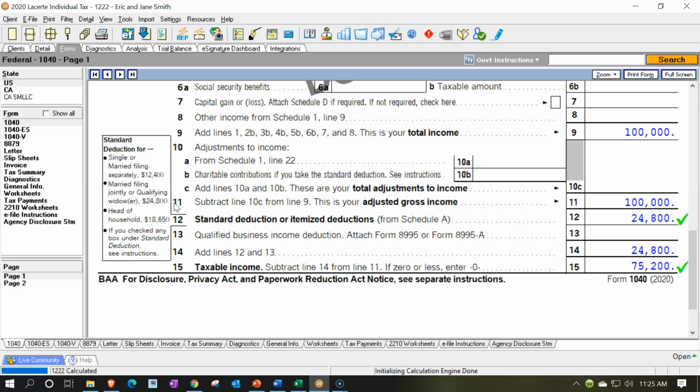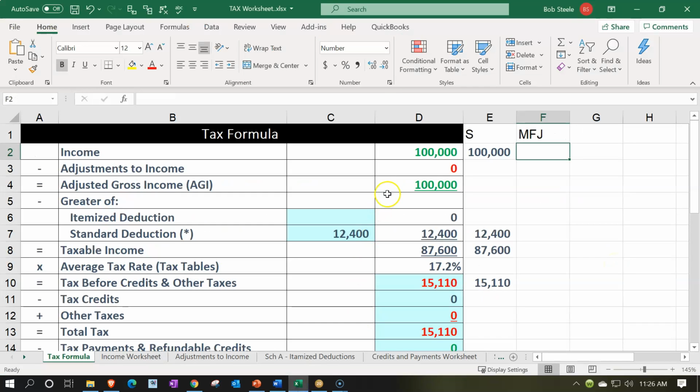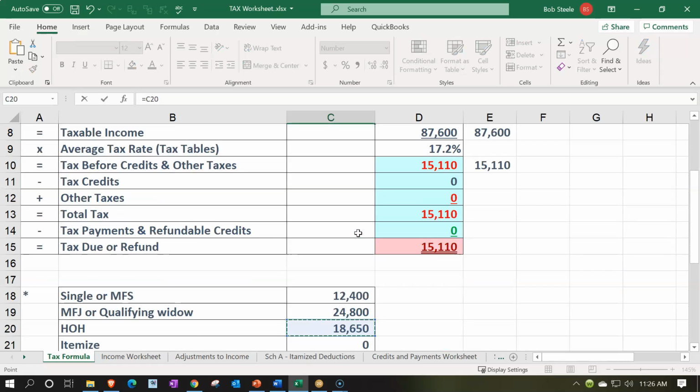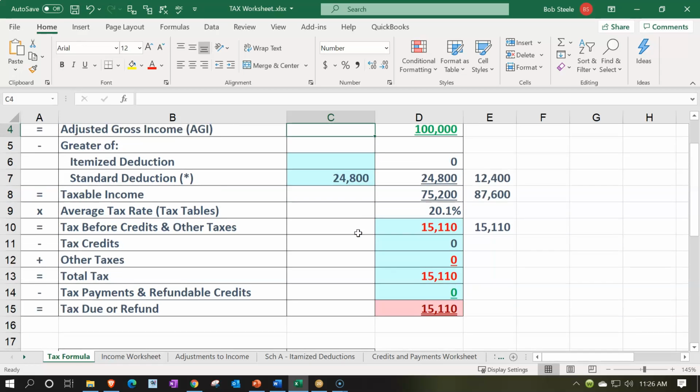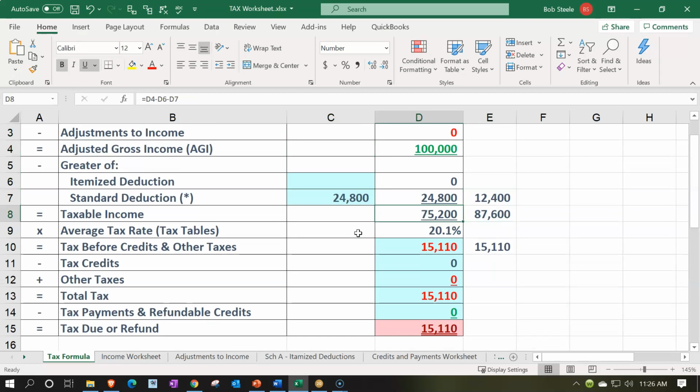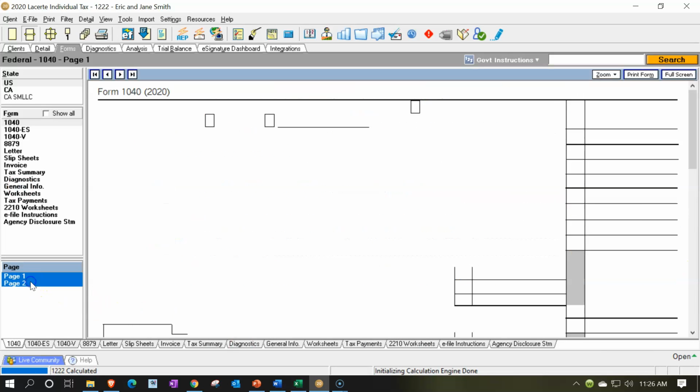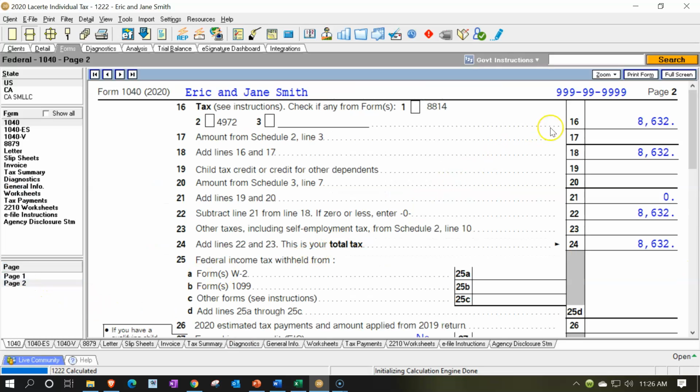So you would think then what would happen is these things would basically double, right? So the standard deduction has now doubled. So now we're at the $75,200. If I bring that over to our Excel worksheet, all I'm going to change here is the standard deduction. Say we've got the 100,000 still, standard deduction change. That's going to give us the taxable income, 75,200. Then if I go back over and ask, what does that do to the tax calculation? Now we're at the